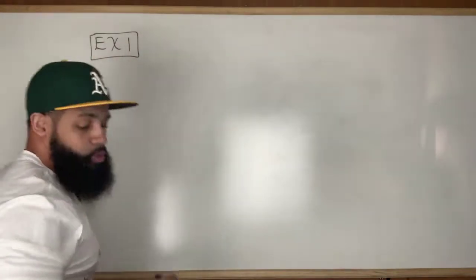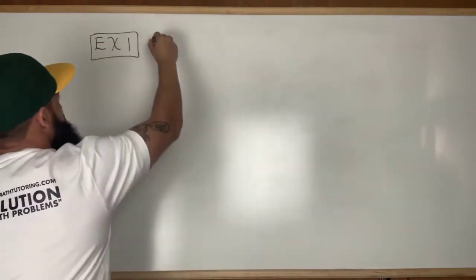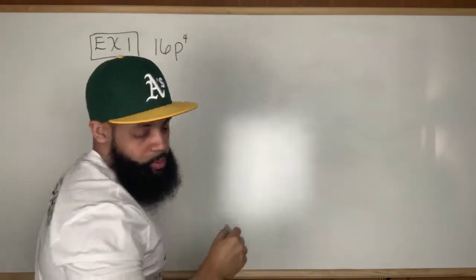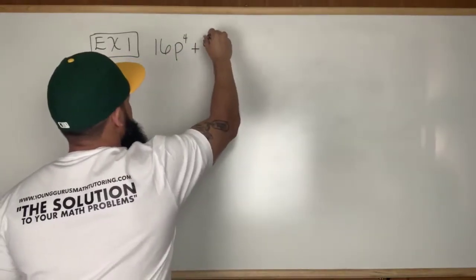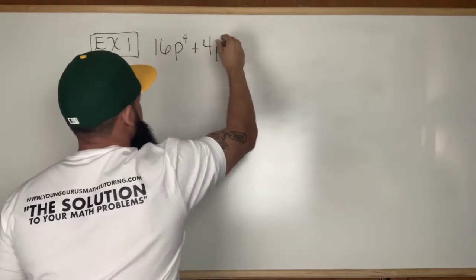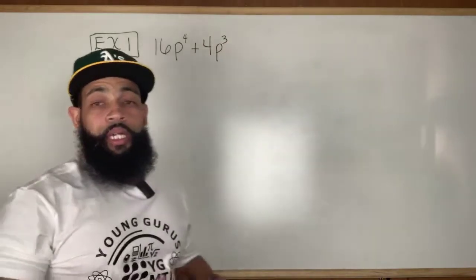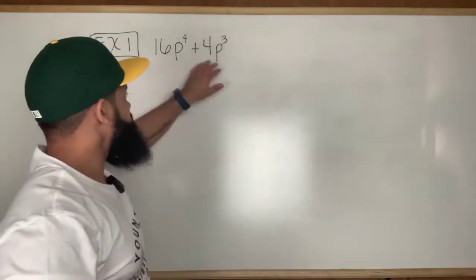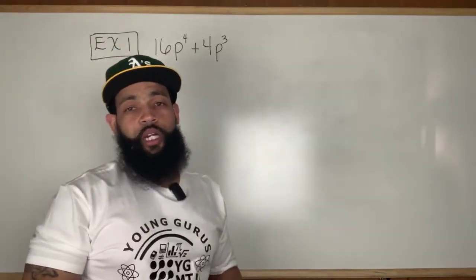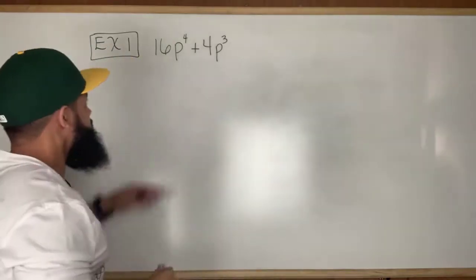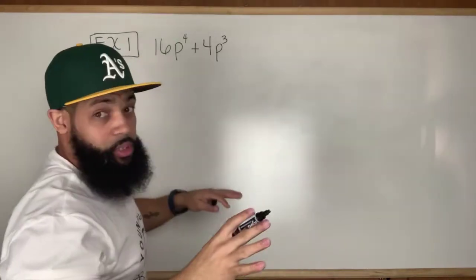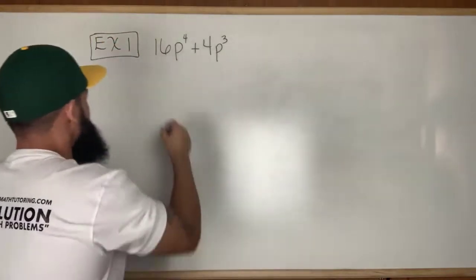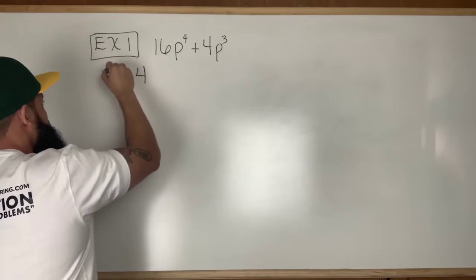I'm going to be given a quadratic expression: 16p to the fourth power plus 4p to the third power. And in order to factor out the greatest common factor, I need to look at both of these terms and see what is the greatest common factor of each of these terms. Now, 16 and 4 have a greatest common factor of 4. So I'm going to write that. So the GCF